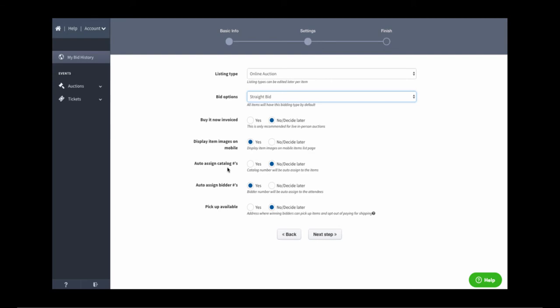The next two options are going to be for live auctions as well. If you want to auto-assign catalog numbers, you can have the Charity Auctions Today system do that for you. With strictly an online silent auction, you don't necessarily need catalog numbers unless you want to use them for tracking purposes. Catalog numbers are not required, but you do have the ability to have our system auto-assign those,